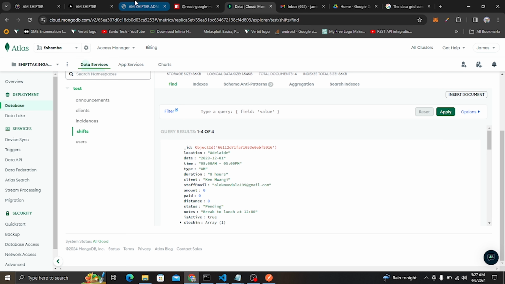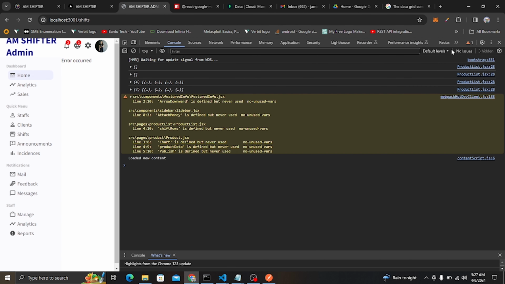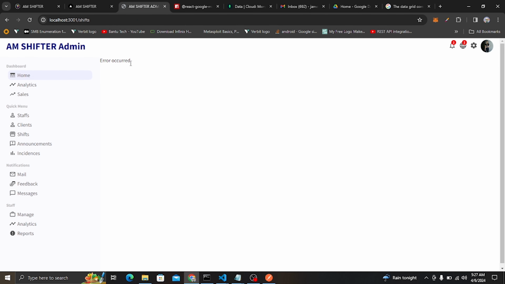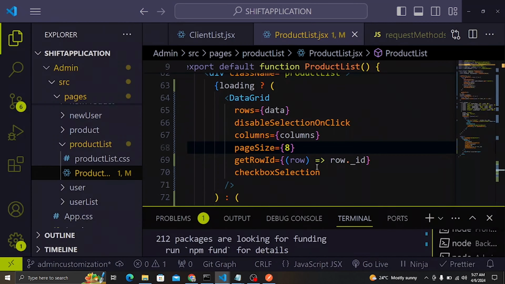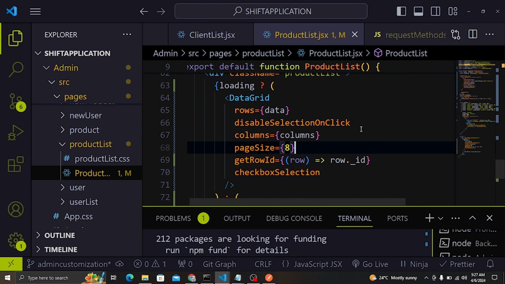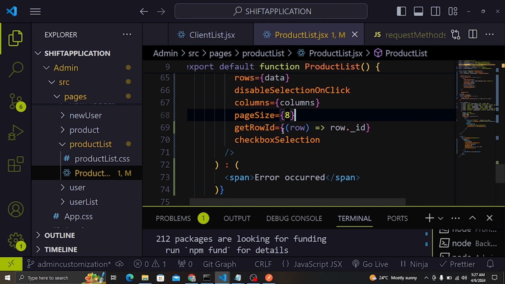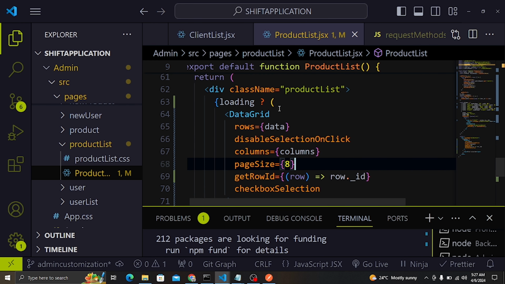So if we do this, you can see here "error occurred." I don't know what is about this error. So let me go back into my code and see where the error is coming from. So this is error occurred, so loading, and then